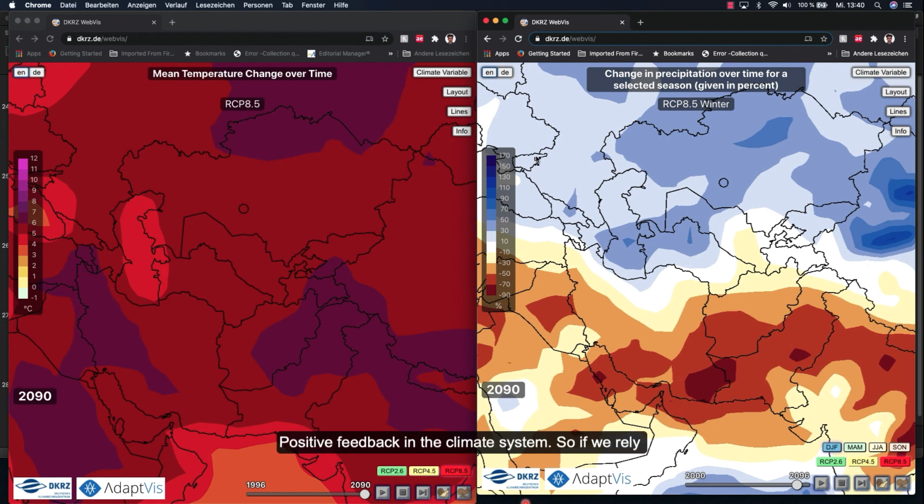So it's a kind of positive feedback in the climate system. If we rely on our knowledge of the climate system, and our knowledge of the climate system tells us that our future, due to our greenhouse gas scenario, would look like that, that might be a very serious problem for us, especially in Central Asia, where the population is very tuned to very small variation of the precipitation, or where the water is scarce.